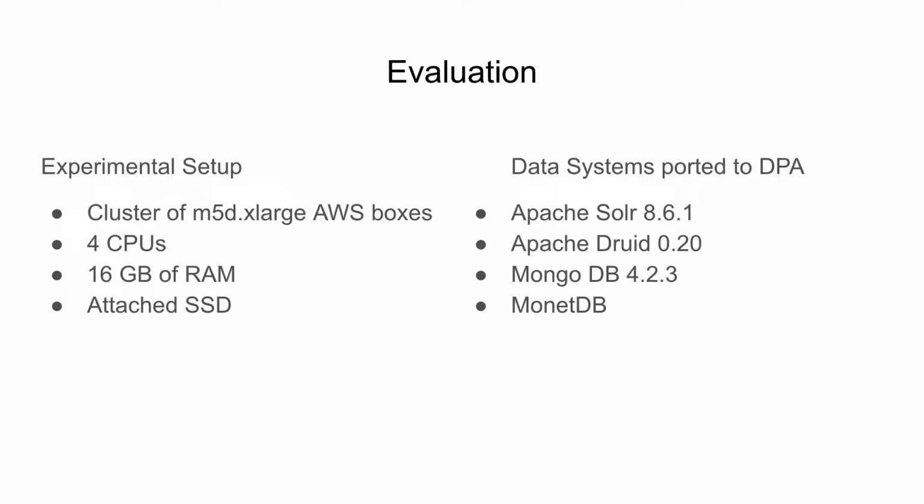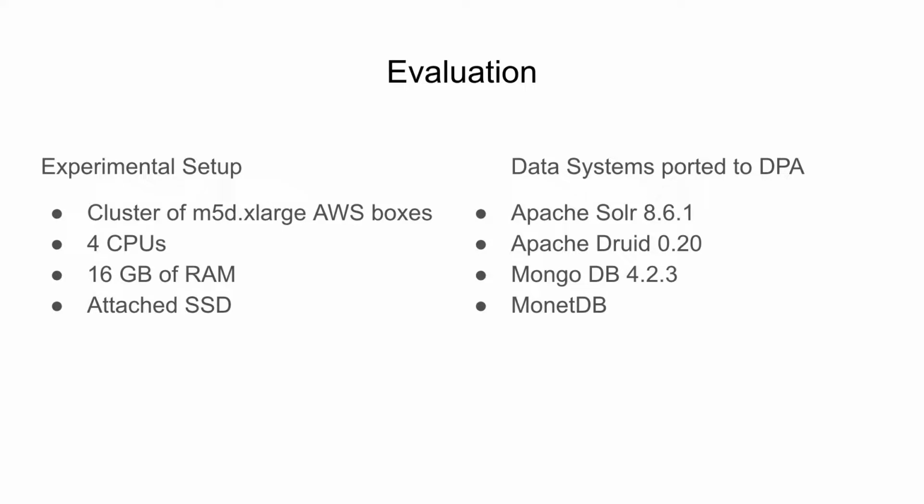They have ported them to DPA, and their setup is a cluster of M5D.xlarge AWS boxes with 4 CPUs, 16 GB of RAM. So in this evaluation, they look at throughput, and we're going to also look at